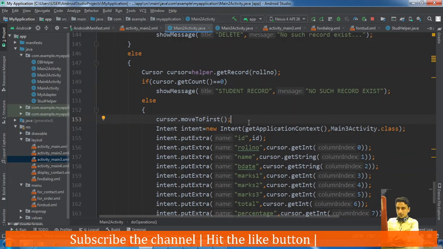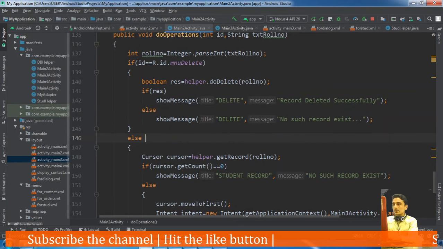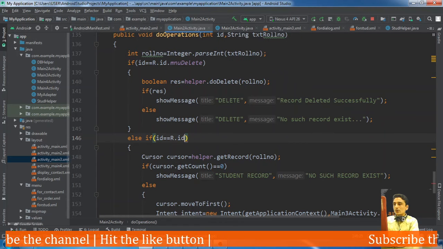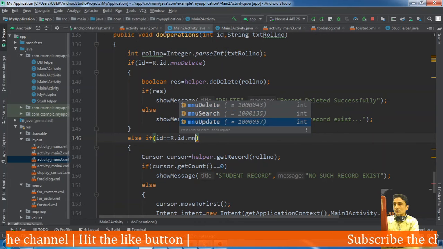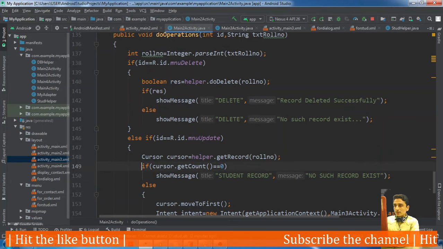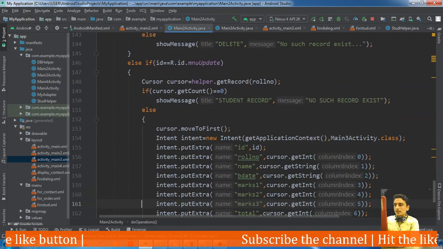we will check here, or we can do one thing here. Else we can write here, if id equal to r dot id dot menu update, then cursor is equal to helper dot get record, get count equal to 0, else this thing.